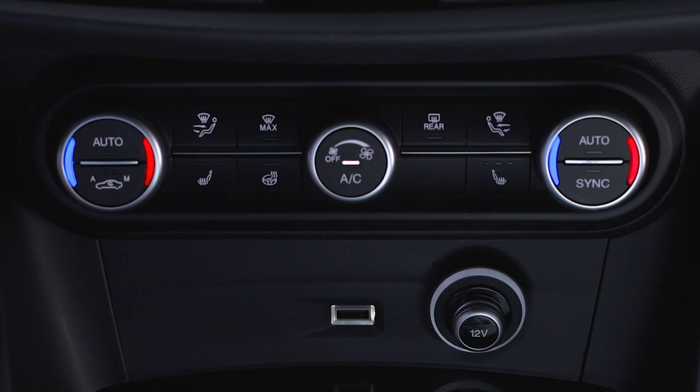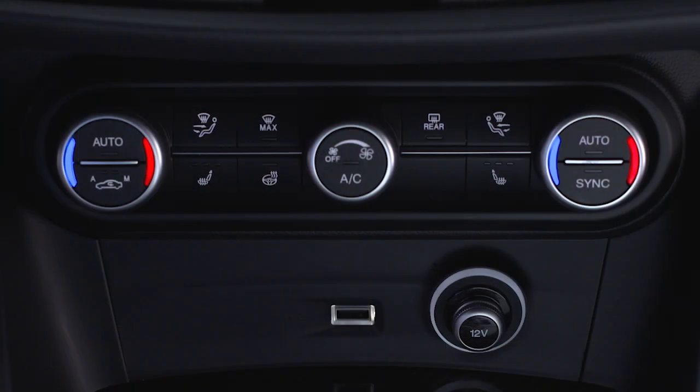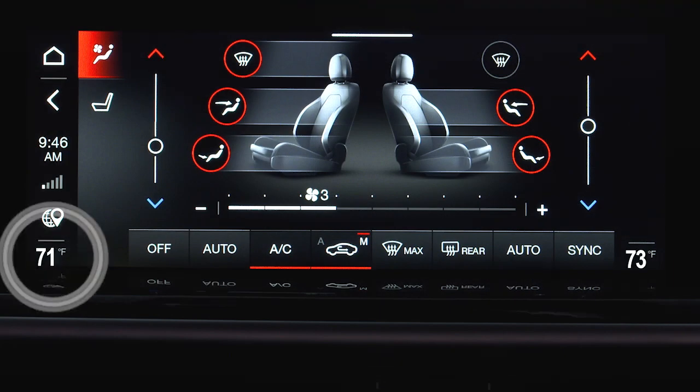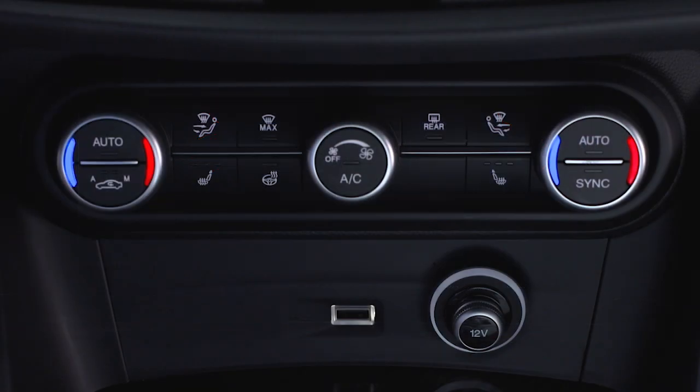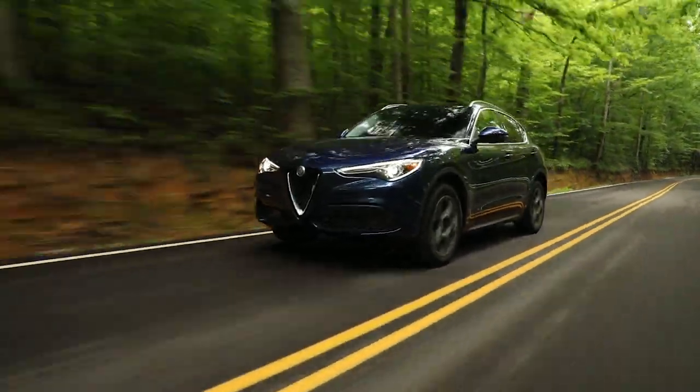The climate control system can automatically maintain independent comfort levels for the driver and passenger, even under changing weather conditions. Use the temperature control knobs to set the desired temperature for the driver and the passenger sides. Then press the corresponding auto buttons, and the system will automatically maintain that comfort level via the heating and air